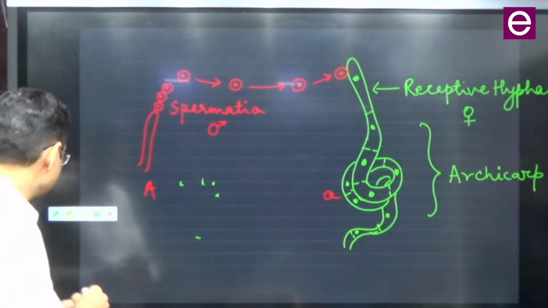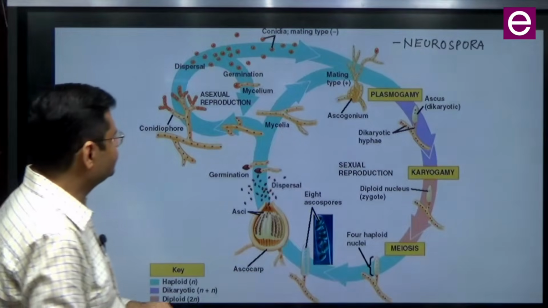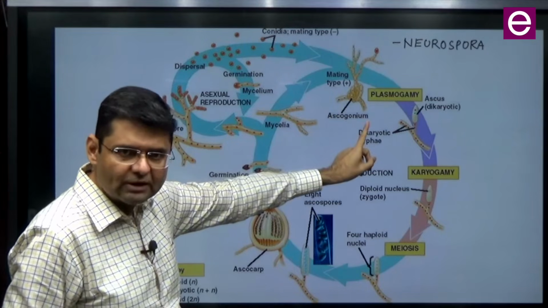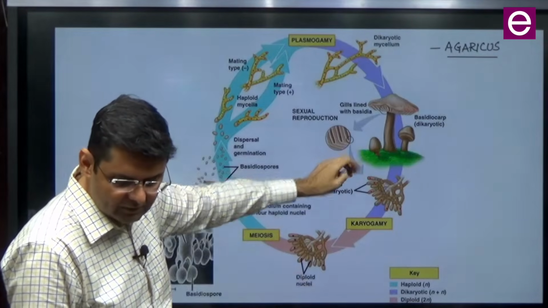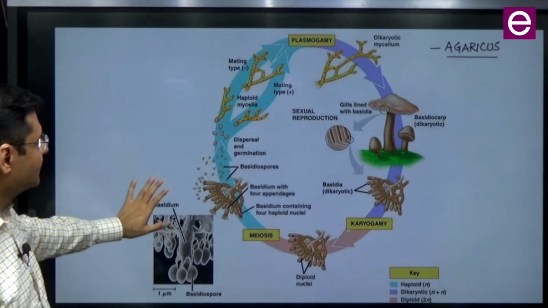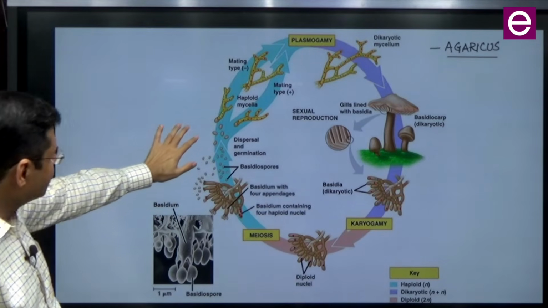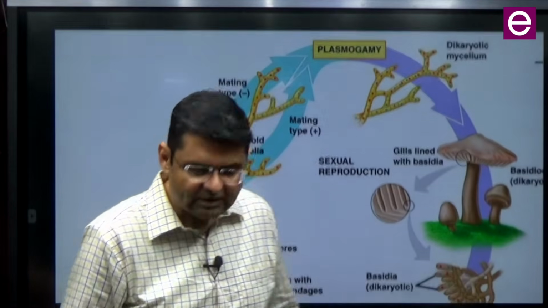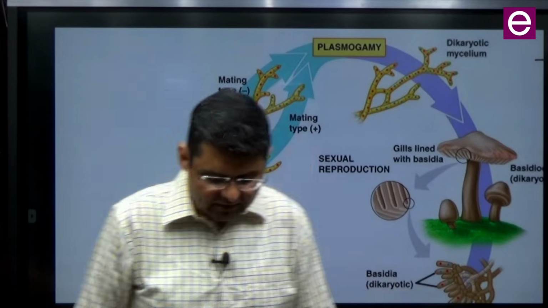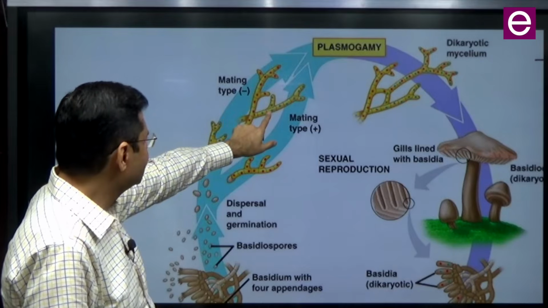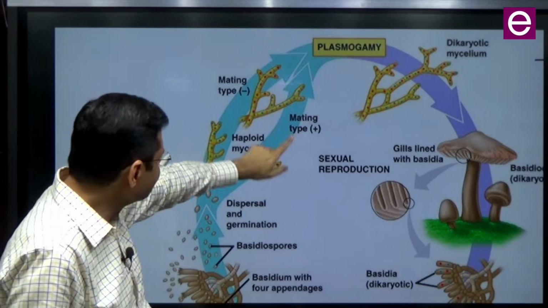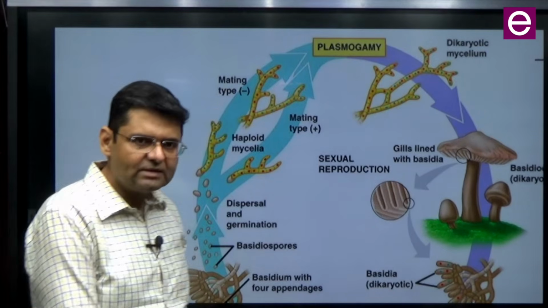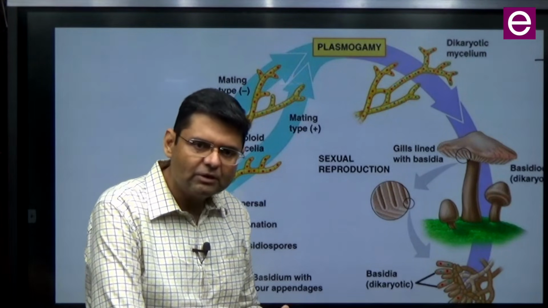Okay, now तो अगर टाइम नहीं है तो डोंट मेक द एंटायर लाइफ साइकिल, बट उतना तो दिखाना ही पड़ेगा हमें. And this is for agaricus. So in agaricus what happens, that haploid mycelia, they go through somatogamy. Do we remember from yesterday what was somatogamy? Right? Simple ordinary mycelia, they fuse with each other. But again in agaricus, the fusion will be taking place between plus and minus only. So that is the heterothallism of agaricus.